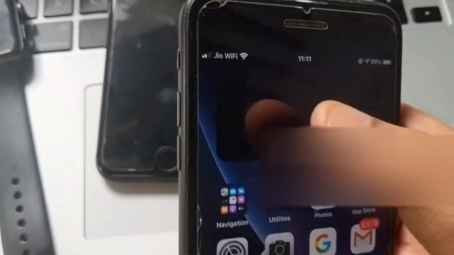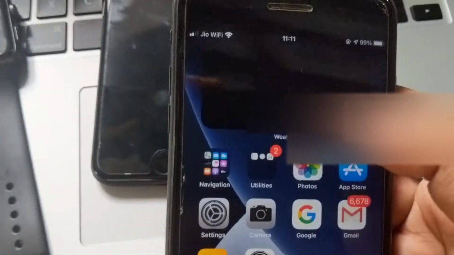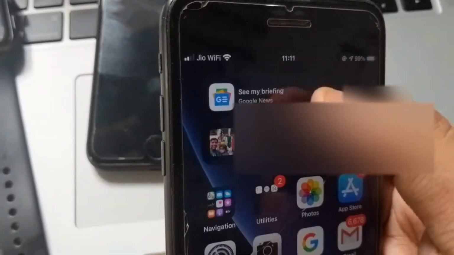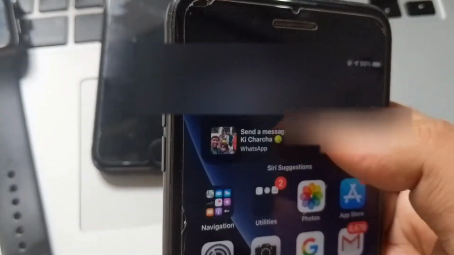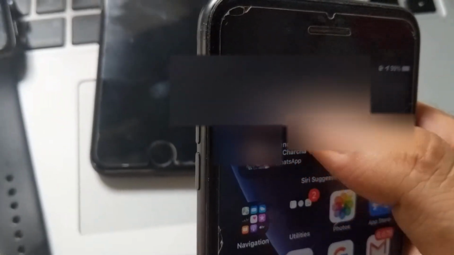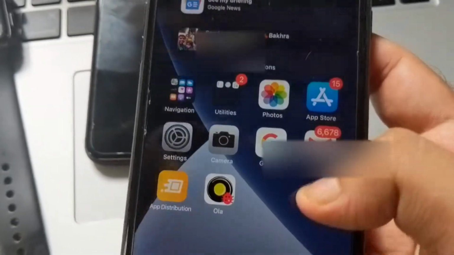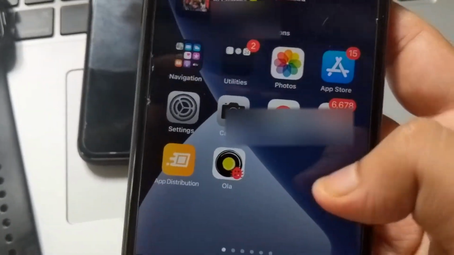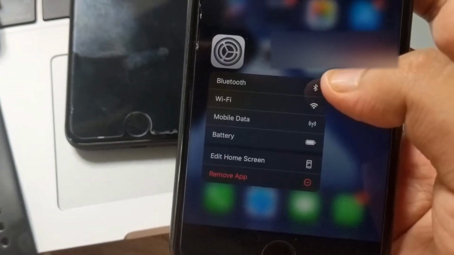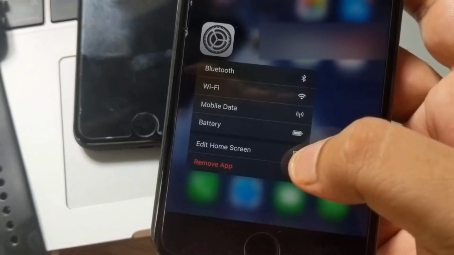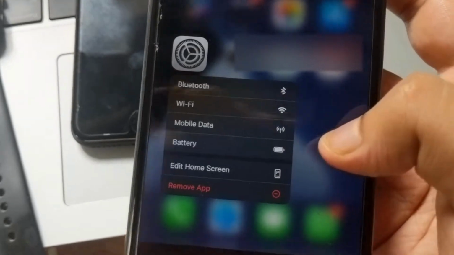Let's say at this particular time I'm opening WhatsApp every day, so in this section it will automatically show WhatsApp in that place. For example, it's showing my briefing in Google News and a WhatsApp group, so I can directly send a message to that group from here. If I long tap the Settings icon, it again says edit home screen, battery, spaces, Bluetooth, etc.